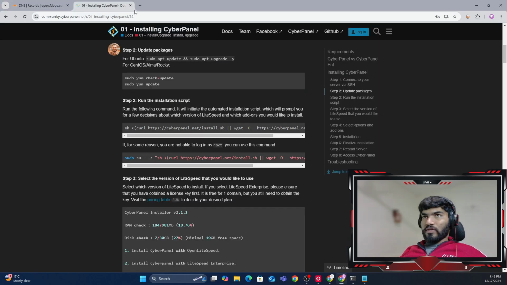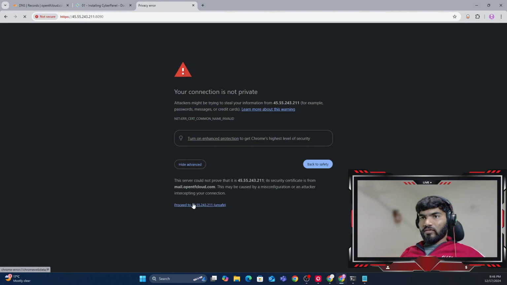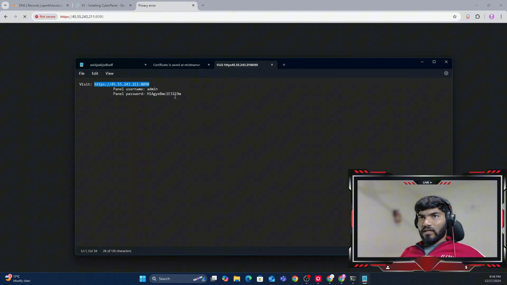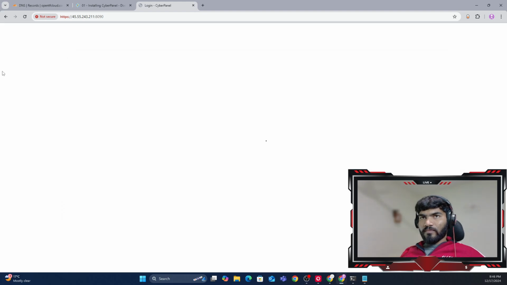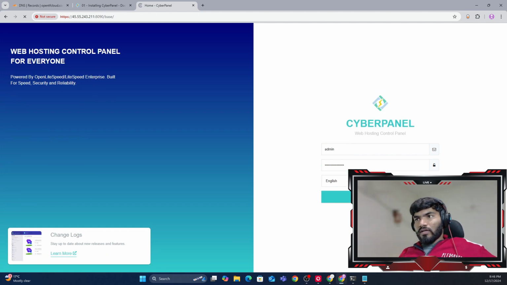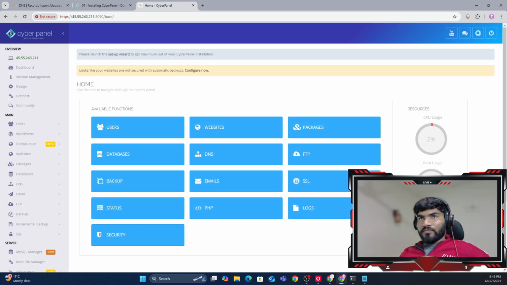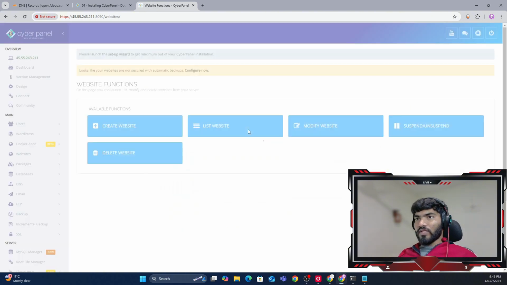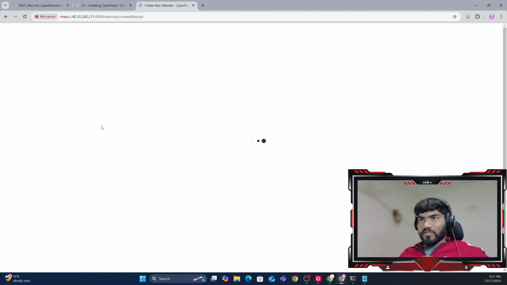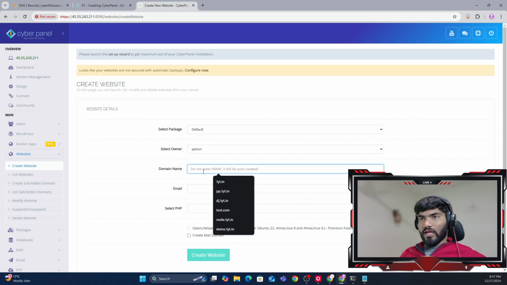Okay, so let me use this right here, click on Advanced, click on Proceed, and then let me copy the password, and the username is obviously admin. Okay, now let me click on Sign In and I should be signed in. So right now the next thing we need to do is click on Website and click on Create Website. So here we need to select the package Default, owner admin,